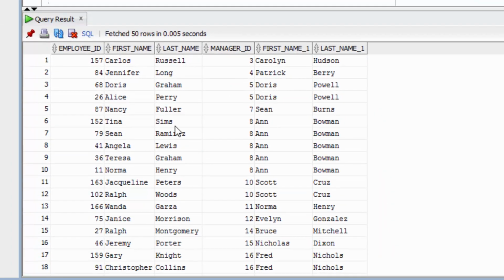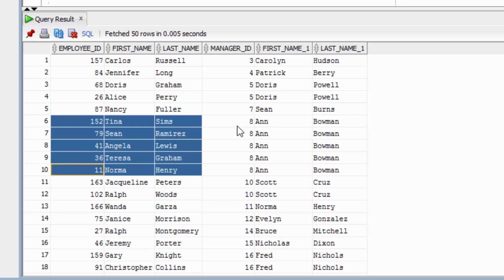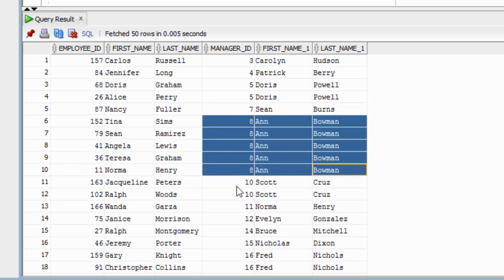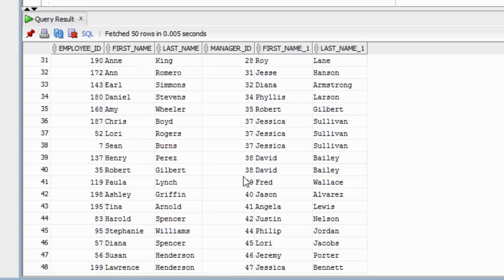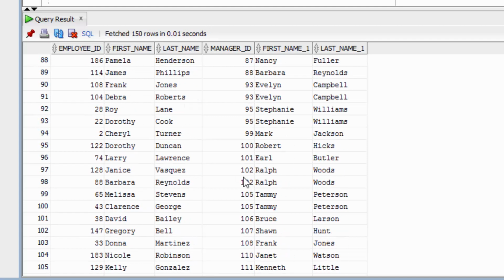We can see the employee details and their manager details. For example, employee ID 157, Carlos Russell, has a manager ID of employee 3, which is Carolyn Hudson. There are several employees here, all have the same manager of Anne Bowman. If we scroll down all the way to the bottom,